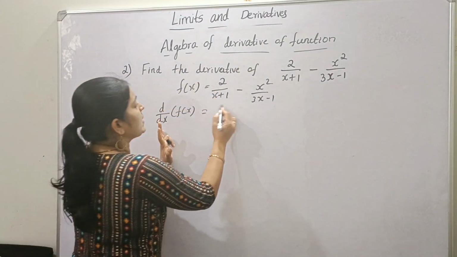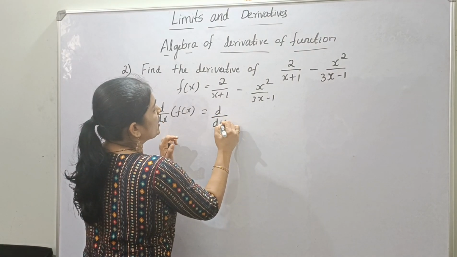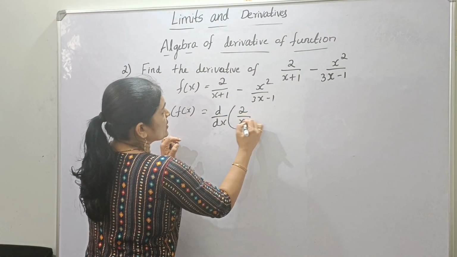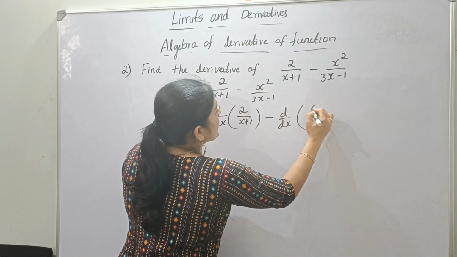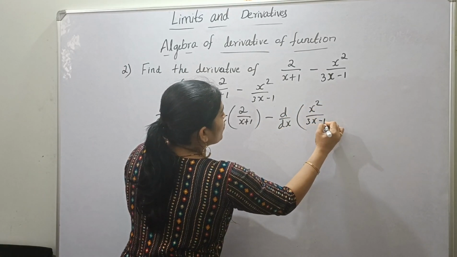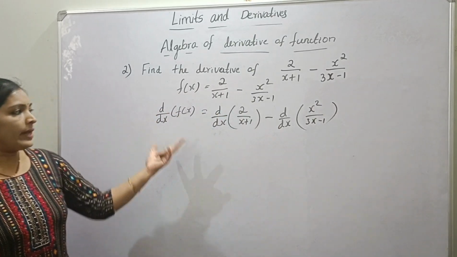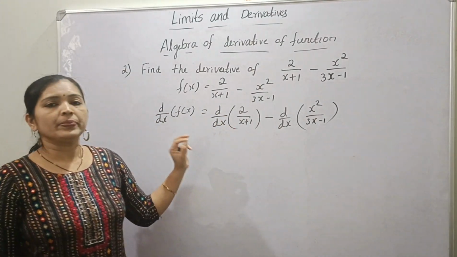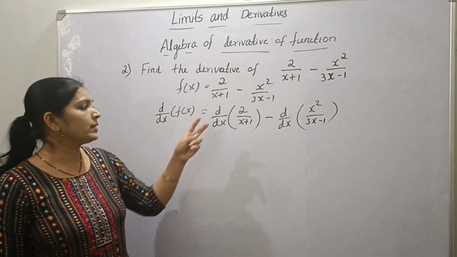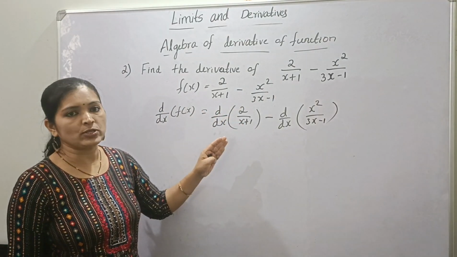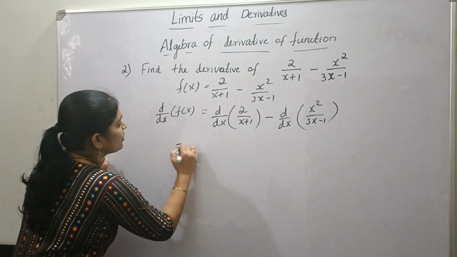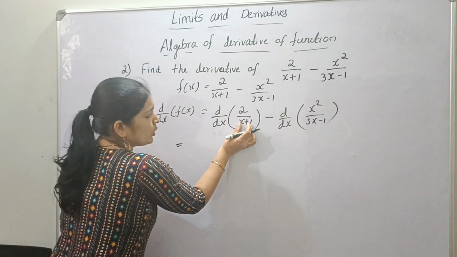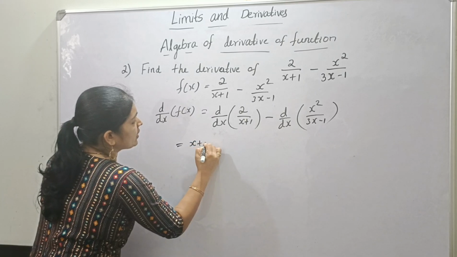see here, subtraction of two functions. So here let us separate it: d by dx of 2 by x plus 1, okay, minus d by dx of x square by 3x minus 1. Okay, now next we can apply quotient rule. Okay, see here 2 divided by x plus 1. So here we can apply quotient rule to find the derivative, that is, see here, denominator x plus 1 into,